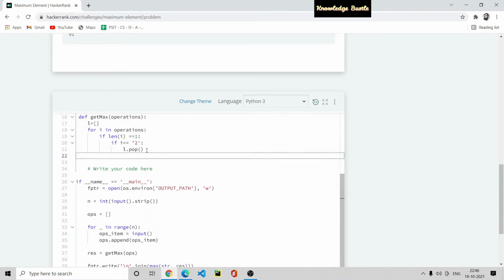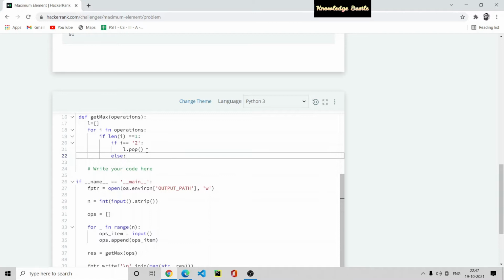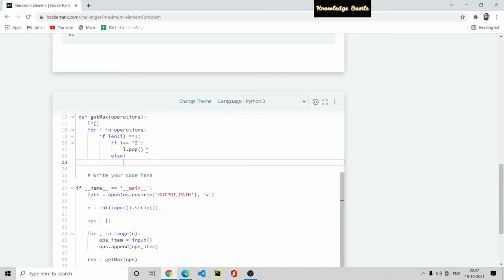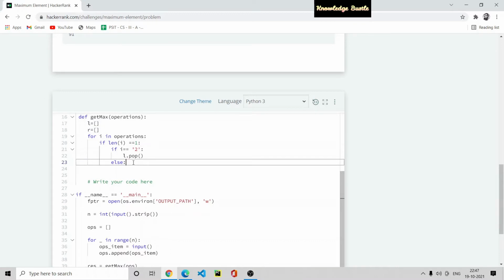Else means that i is equal to 3, since this is the last option, so there is no need to check the condition that i is equal to 3. If i is not 2, then exactly i is 3 if the length is 1. Then we need to take another list named R for storing the maximum element.